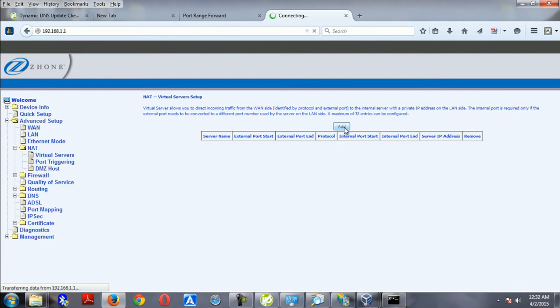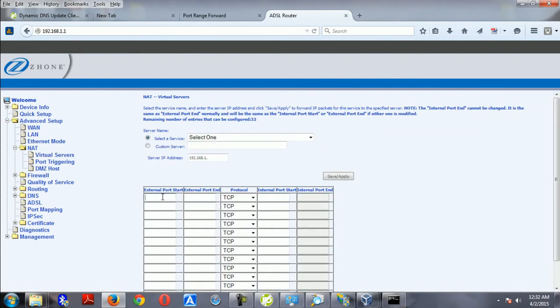You click add. You put in your external port start, and then you put the port in. No, not 80. All right. It will automatically come across here. Oh well, I have to do it over because I have to be working a custom server. My bad. So port 80,